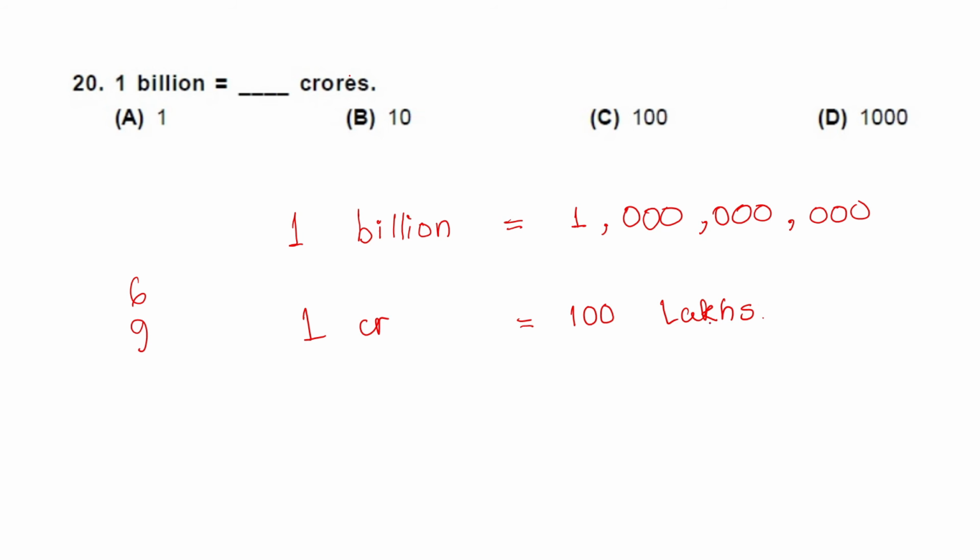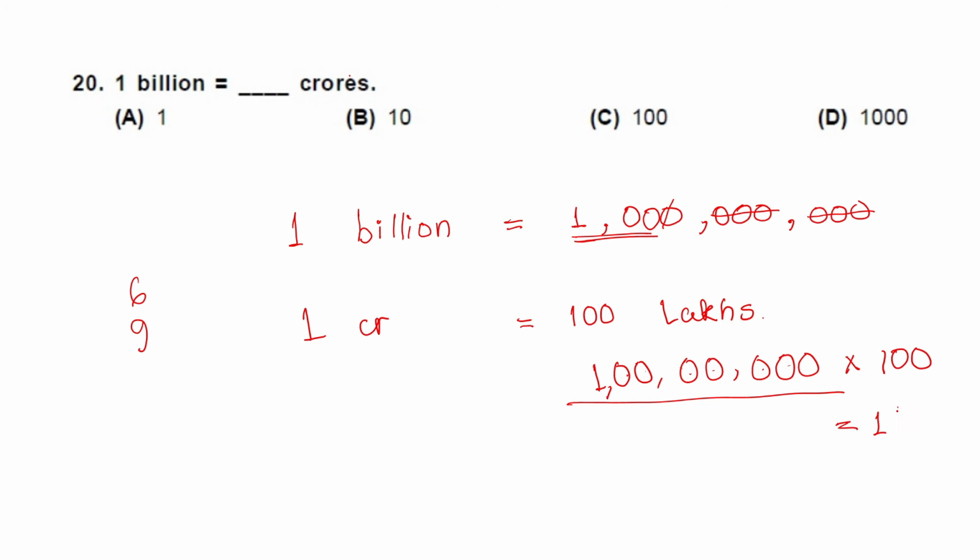Now 100 lakhs, how do we write lakhs? Here we have 50 and this is preceded by 100. This is how we display our 1 crore. So 1 crore is 1, 2, 3, 4, 5, 6, 7 zeros. And 1 billion, if we cancel the 7 zeros, is 100 left. That means this when multiplied by 100 will give us 1 billion. So 1 billion is nothing but 100 crores because this can be replaced with crore. So our answer is option C.